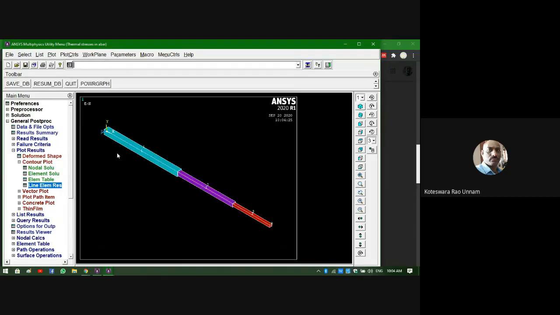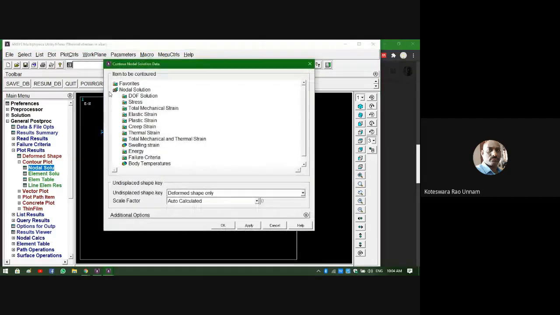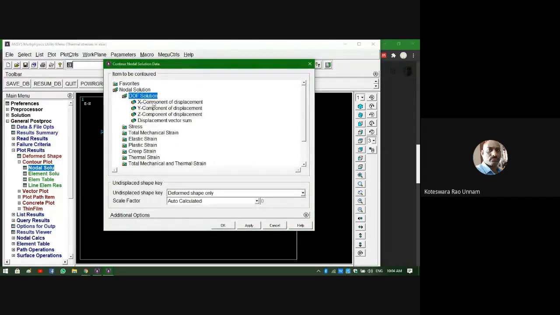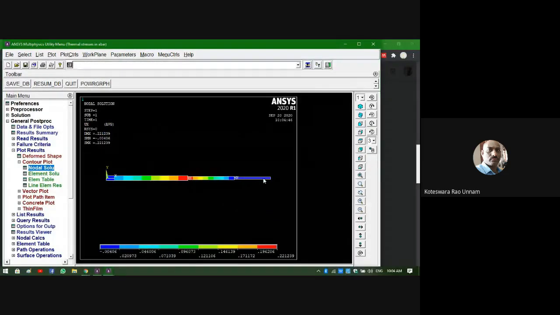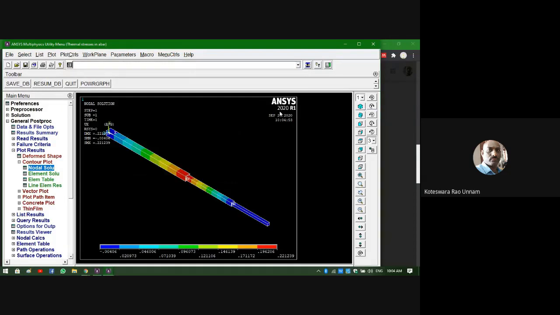You can take this, and then if you want to plot a nodal solution, I'll go for nodal solution. Like I said, you can list or you can plot. If you want to enter it into a table, you use the list option, or else if you want the image of how the displacement is going to change, you can see how the bar is moving. Blue color indicates 0, so this end and this end are 0. You can take any view, either isometric or like this.